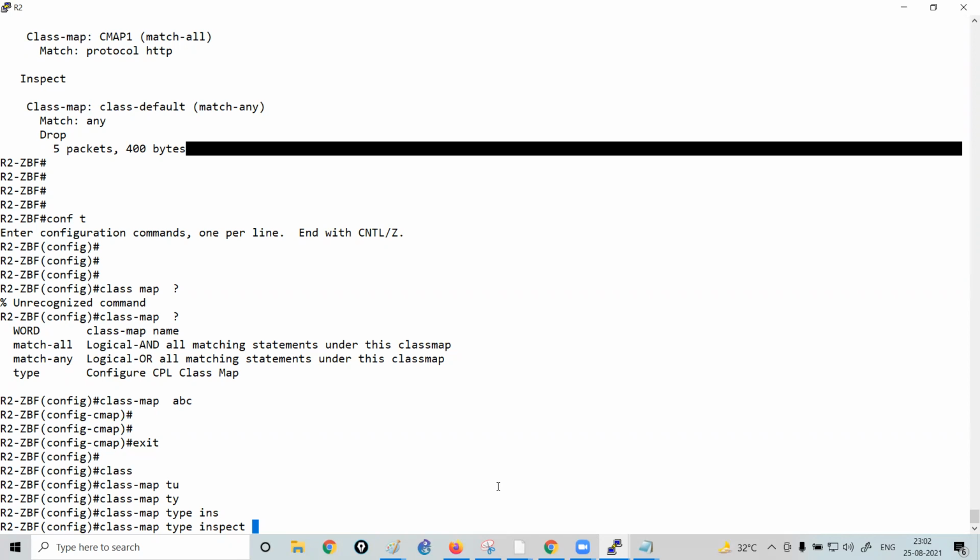Okay, let me put the question in such a manner. Suppose I put an ACL on the interface of the router and I have also configured the zone-based firewall. Which will have precedence, which will have the higher priority? When you configure quality of service or an access list on the routers, these will always have higher priority compared to the zone-based firewall.